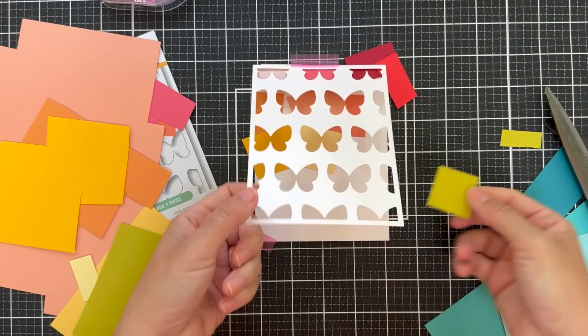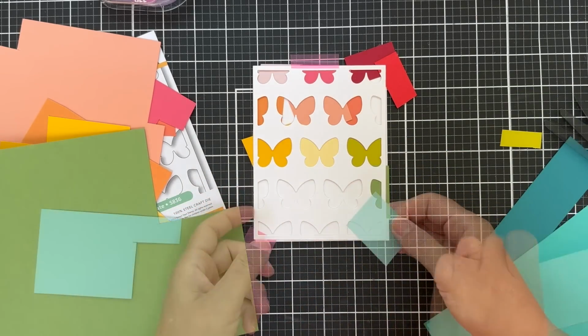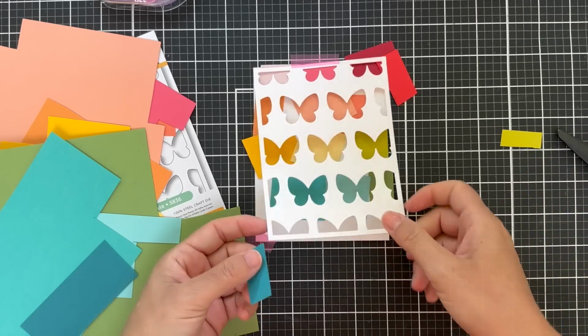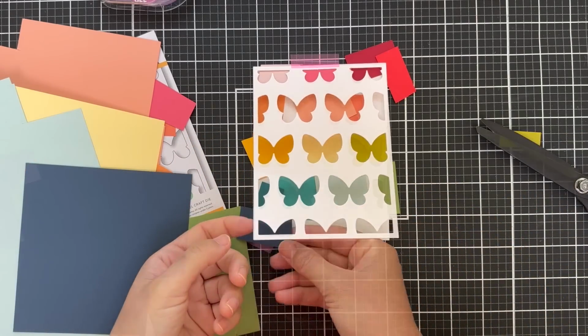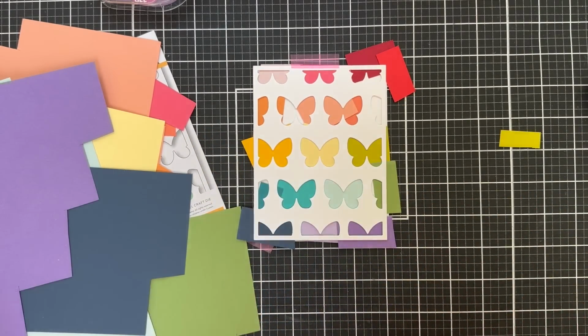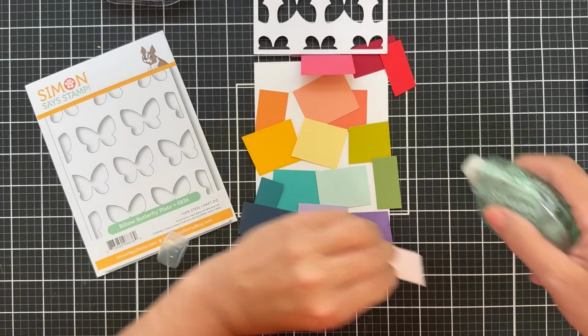Okay, so cutting little squares. Now, I'm not adhering anything down. I'm just making sure I have the right size to cover it. And then I'm going to use tape runner to tape these all down, and then I'll trim off the excess hanging off the sides. If you wanted to go a step further, after you adhere all these little slivers down,